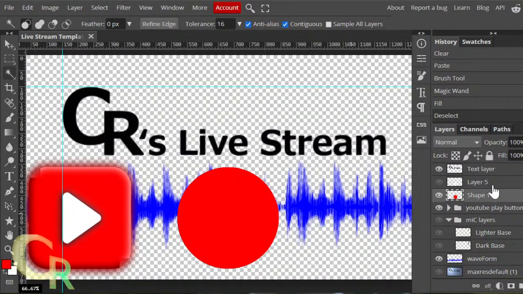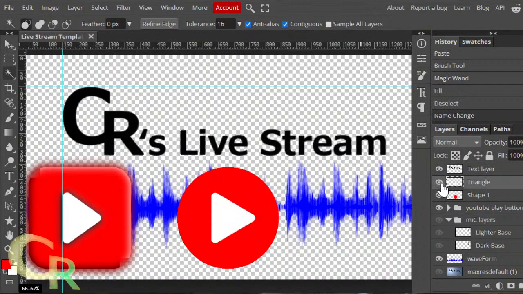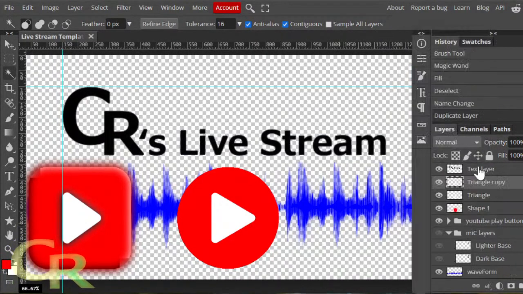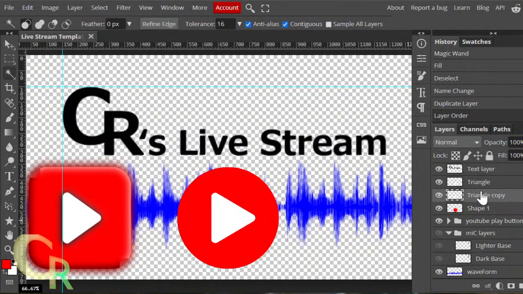So let's see here. Now I'm actually going to change that back to Triangle. Layer 5, whatever that was. Triangle, that's what it is. So try to match that now. Again, I have to make another copy of this because I'm going to make that shadow. I have this one, drag that down. Now it's in between Shape 1, which I'm just not reading, and circle. Oh yeah, circle has CR in it, right?